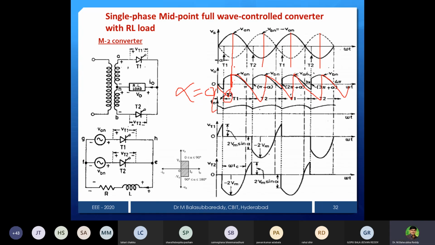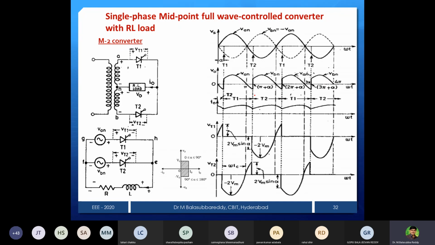Because we are moving the alpha, automatically your output will be like this. Then if you take the average, what will happen? Positive magnitude is the same, negative magnitude is the same, so the average will be 0. But earlier, if alpha is less than 90 degrees, what can you get? If positive is more and negative is less, and you take the average, the resultant will be positive, this much. And once we keep alpha at 90 degrees, we get the average as 0 because positives and negatives are